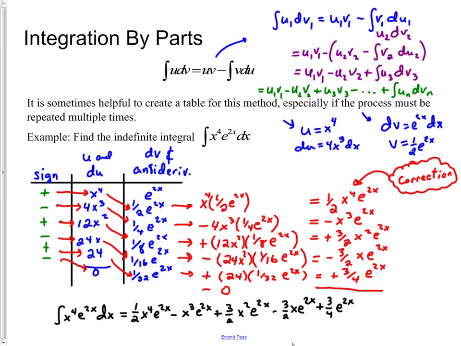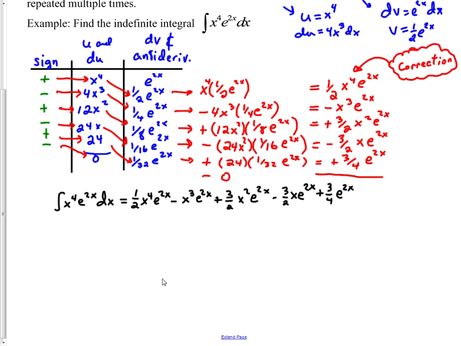I always think that's a little bit messy, and so sometimes I do like to adjust this a little bit. So we could actually rewrite this just a little bit to simplify it. I would factor out 1/4 of e to the 2x and get this long string of terms simplified as